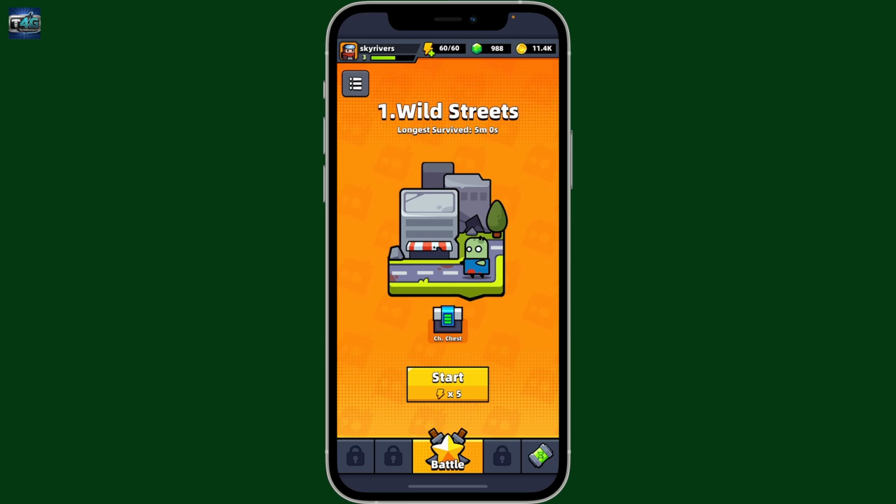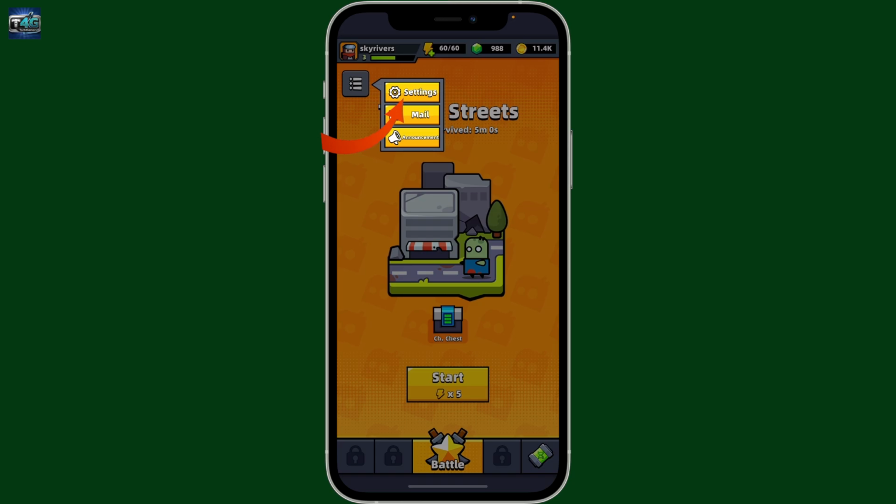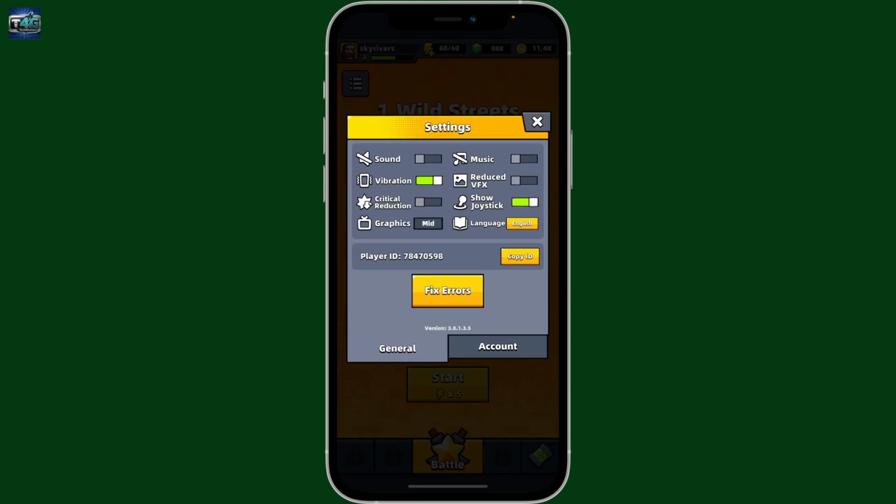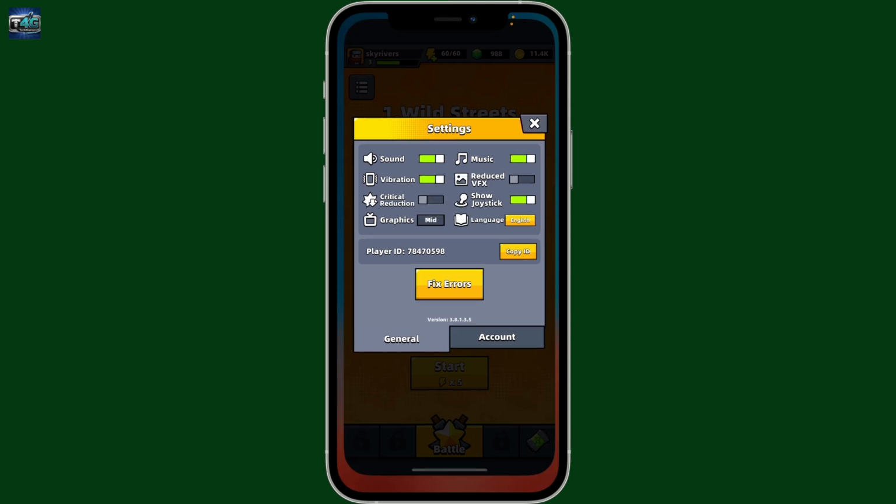From the main screen, tap on the menu button at the top left and in the pop-up click Settings. Within the Settings menu, you will see Sound and Music option. If you turn on the button right next to Sound and Music, you will be able to enable the sound